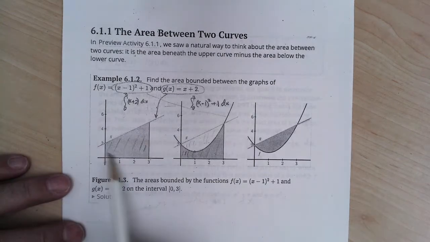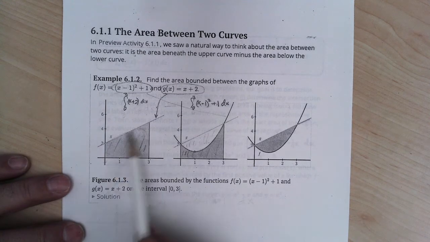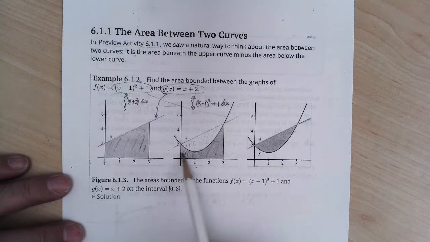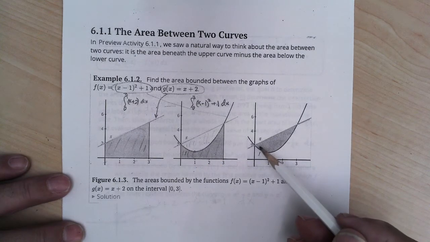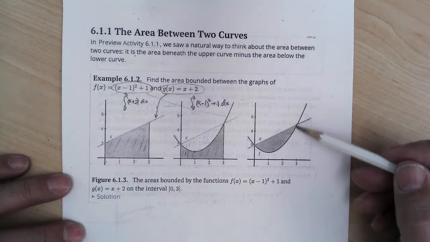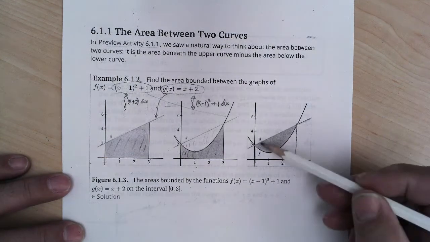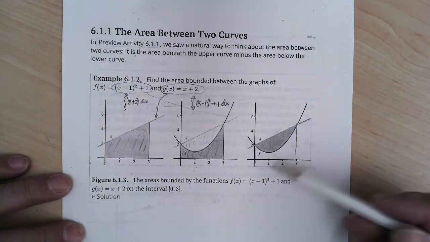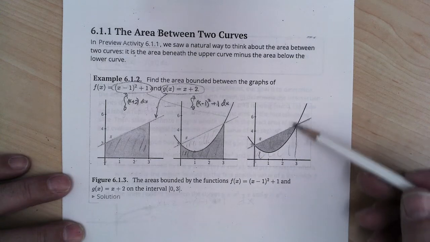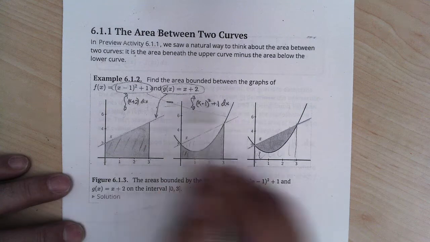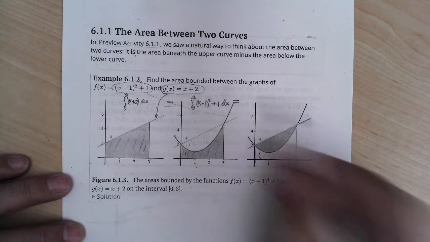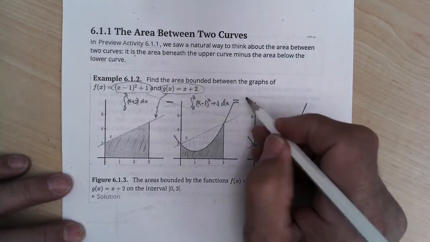Well, that would be this trapezoidal area minus the area that's under the curve, which would give you the area that's between the two curves, if I subtract this from the whole trapezoid. So if I take this area minus this area, I would get the area between, which would be the integral